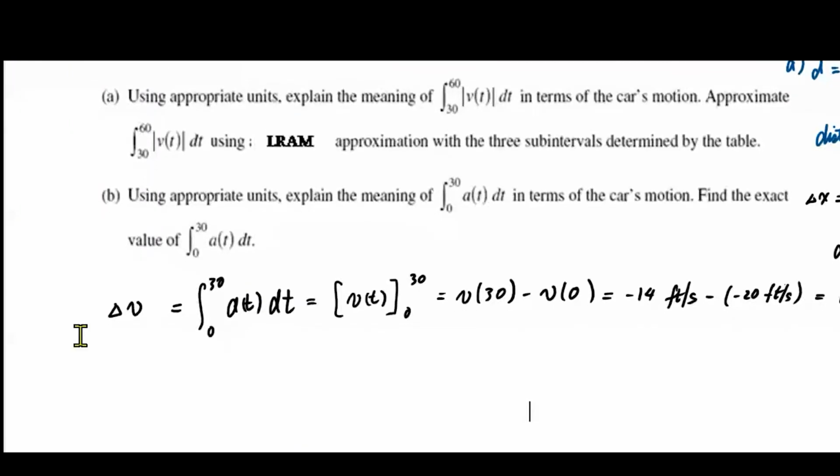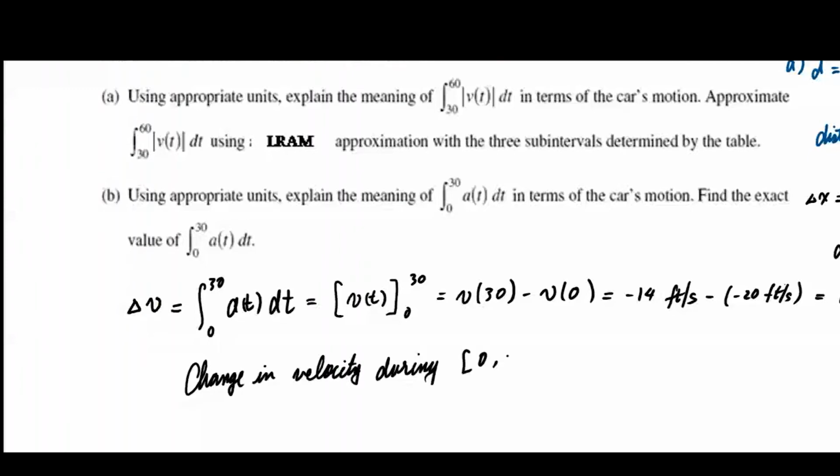How do you not see delta V here? V something minus V something is change in velocity, isn't it? So this is the change in velocity during 0 to 30